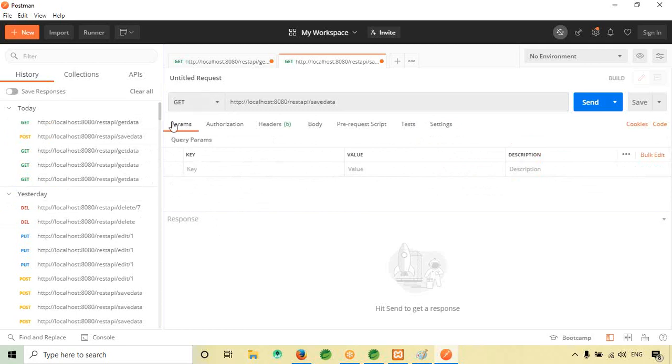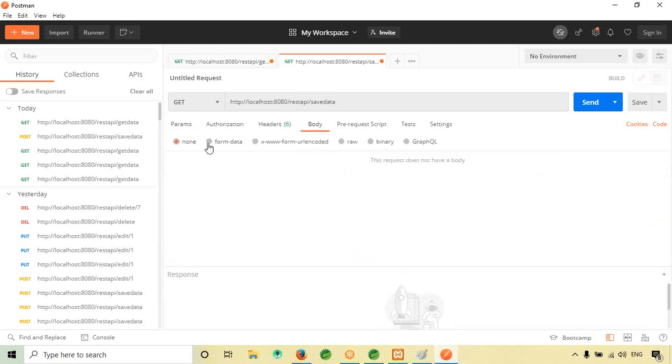If you want to send the data, which option do you have to use? You have to use something called body. Click on the body, not the params. If you send it through the params, data won't get inserted. So click on body, then click on form data.